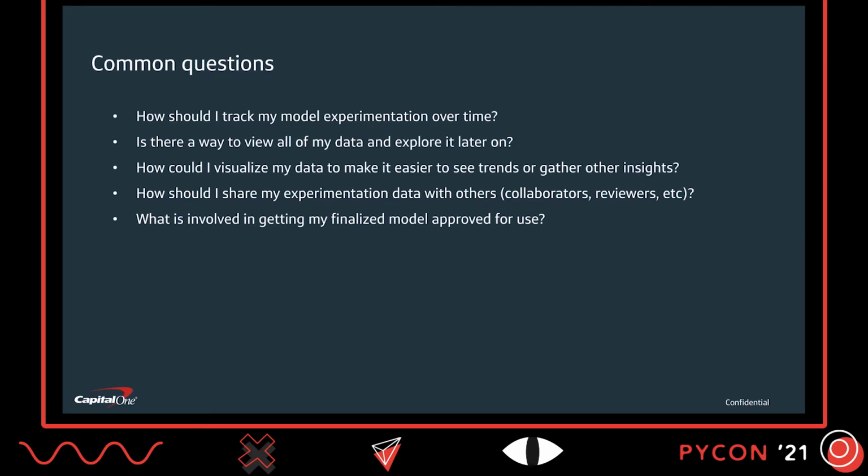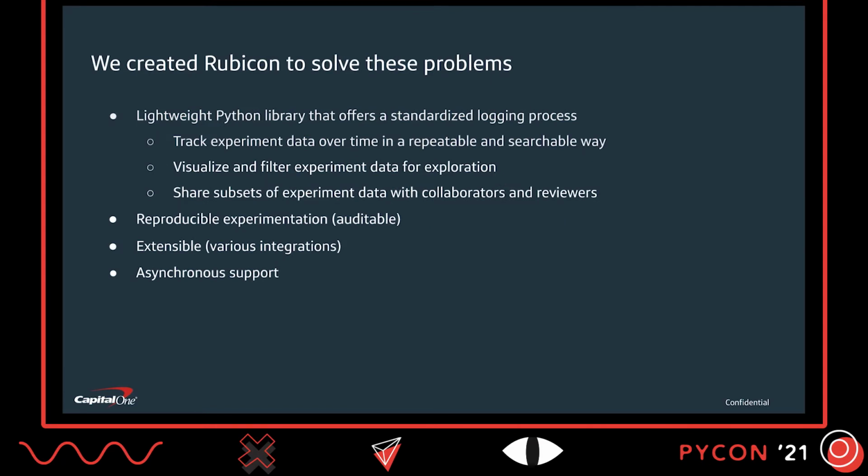So, what is Rubicon? Rubicon is a tool or a library that we have developed for data scientists. It's lightweight, it's Python based, and it helps data scientists and model developers track their experiments during the build and train phase of model development, visualize the results for further exploration, and extrapolate trends and insights. It provides standard, complete, and automated experiment tracking for model documentation so the training information such as hyperparameters and metrics